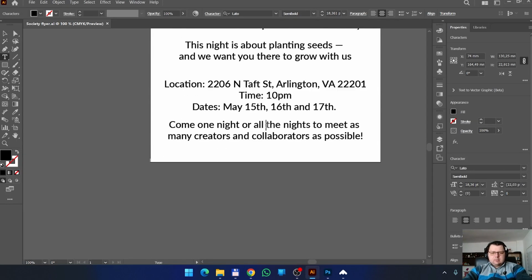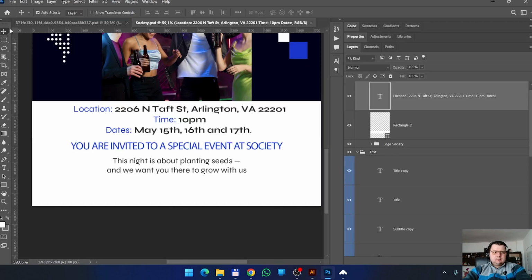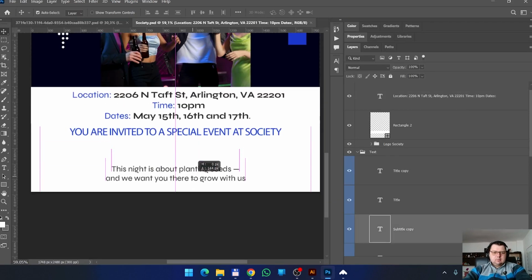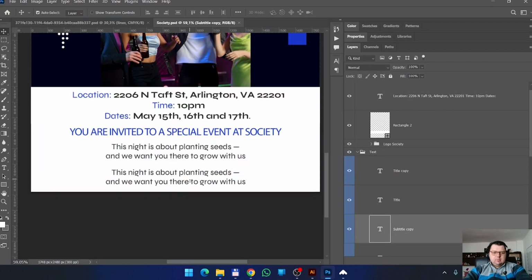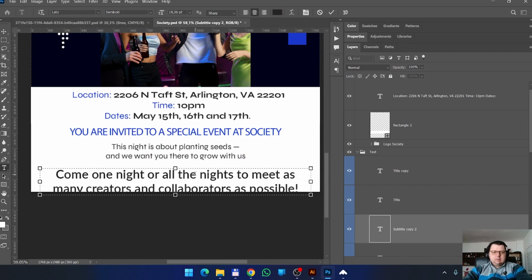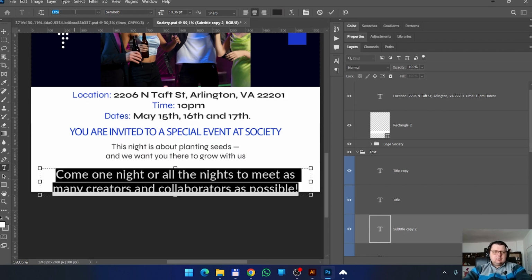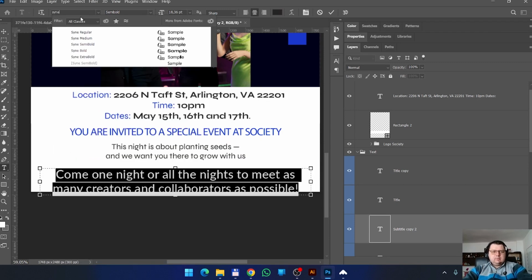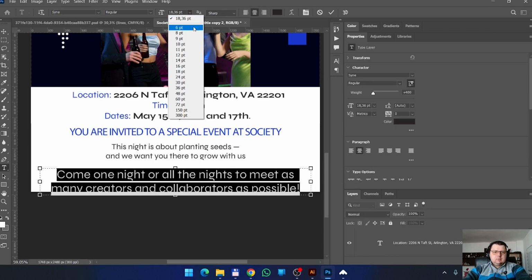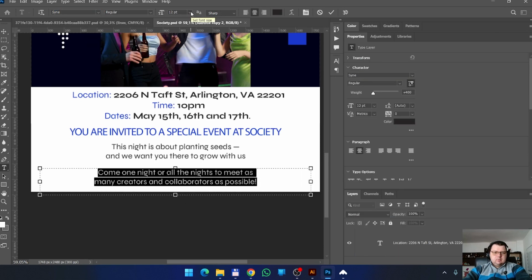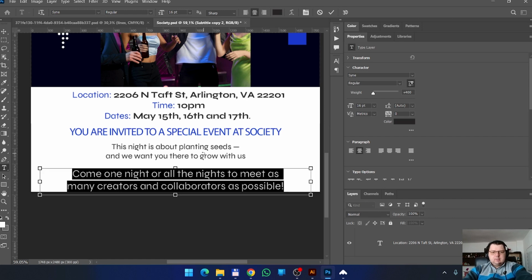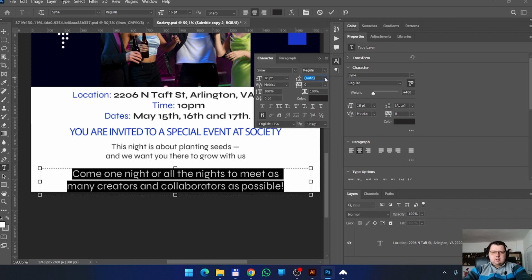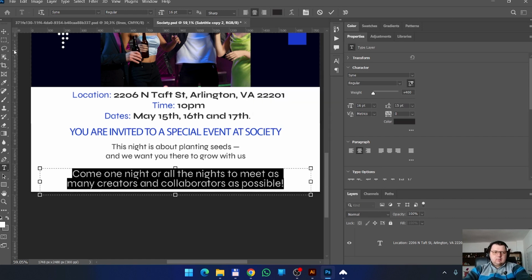We have some more text here. Copy this text and replace it with this one. Also making the typeface size 12, or actually make it a little bit bigger, because this is the CTA, the main one.